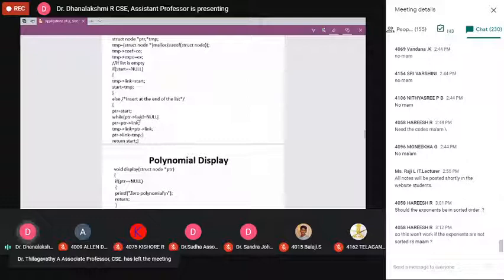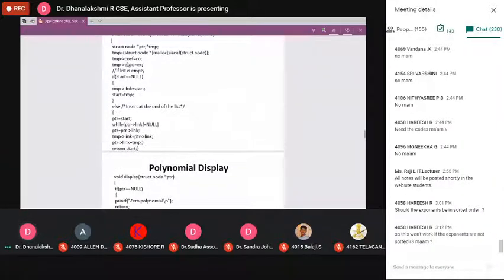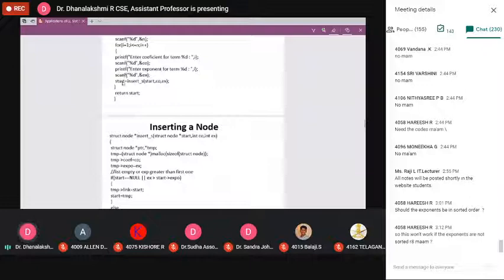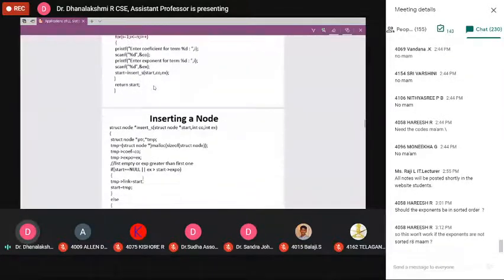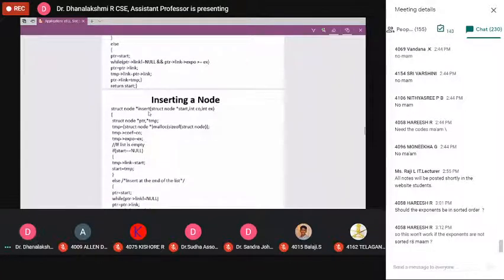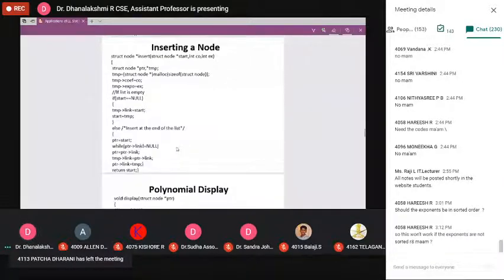Up to next not equal to null you have to traverse, then you can insert the new node. Once you insert the new node in the last position, immediately you have to return that starting address to the node creation. Here, inside this create, I am calling the function inserting node at the beginning. If you want, instead of insert_yes, you can call insert node at the end. You have two possibilities: you can call this one, or you can call this routine.